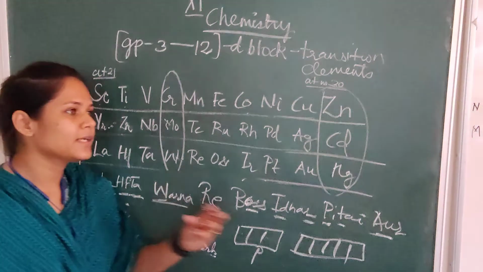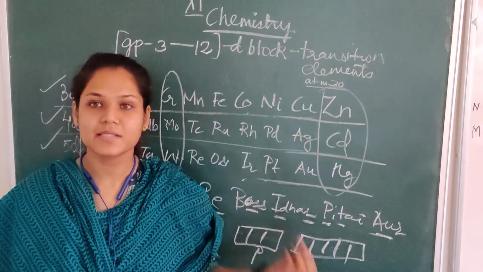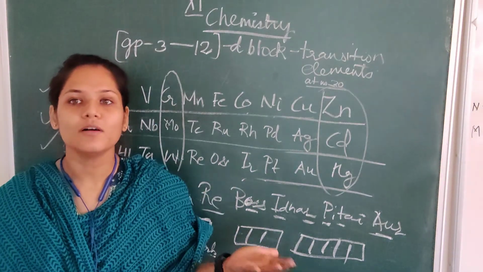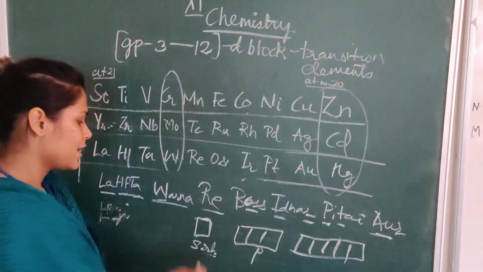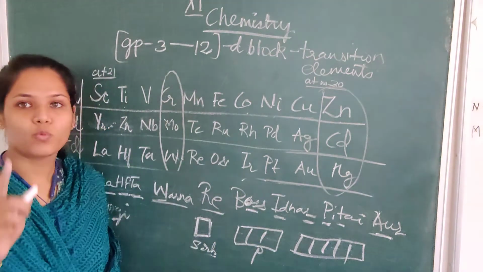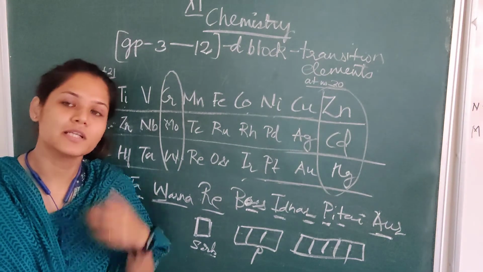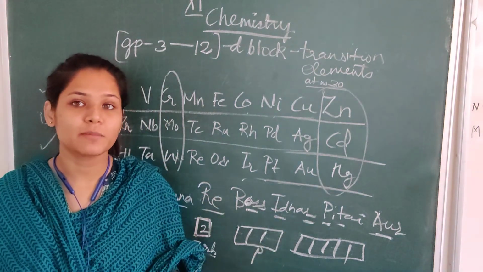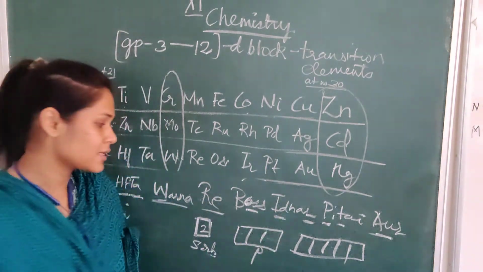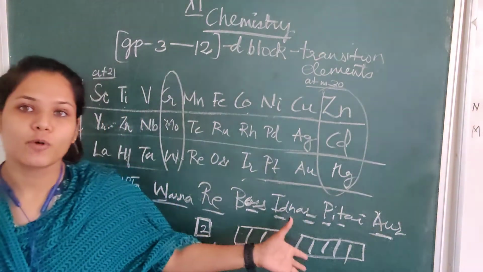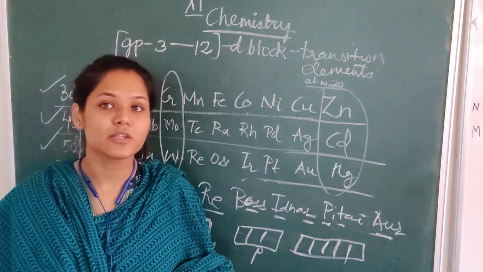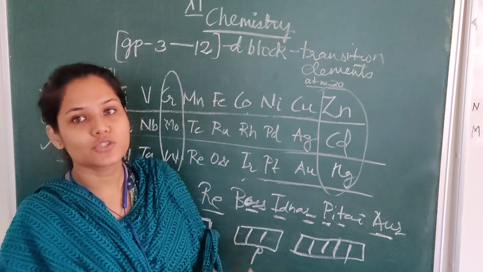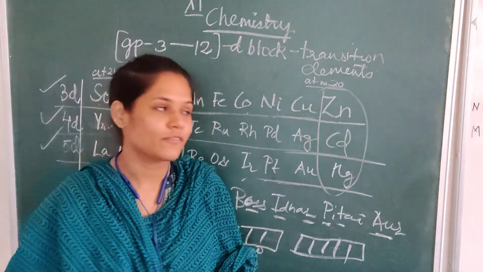It is a point written in your book that the number of electrons that can be filled in an orbital block is double the number of boxes. S block has only one box, but the number of electrons that can be filled is double, that is 2. P block has 3 boxes, but the number of electrons that can be filled is double of it, 6. D block has 5 boxes, but the number of electrons that can be filled in those 5 boxes is 10. So that is why they say that the number of electrons that can be filled in any of these orbitals is just double their value.